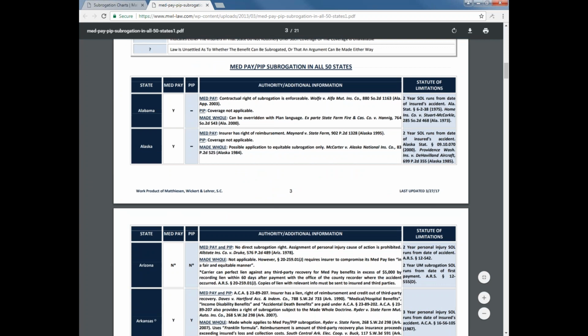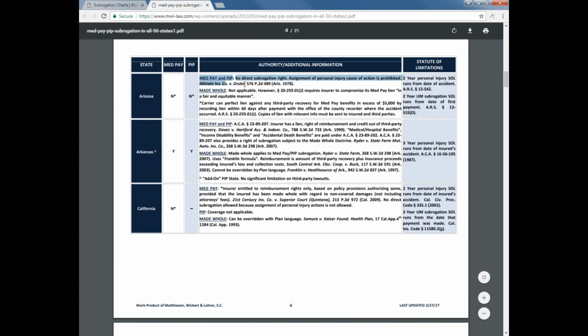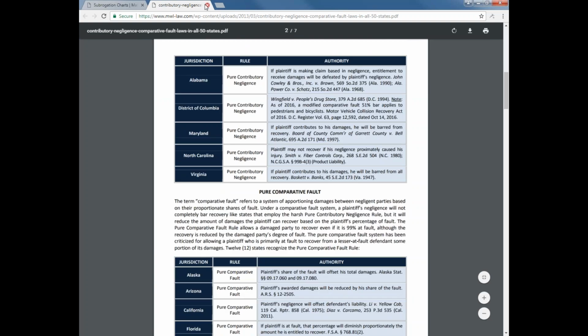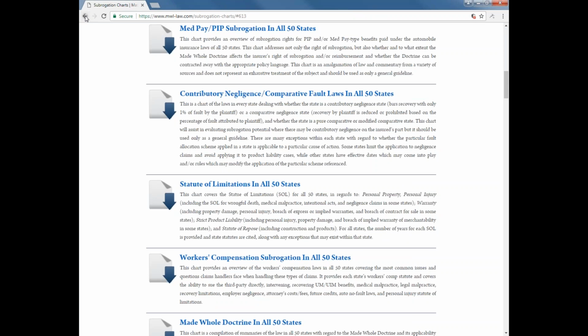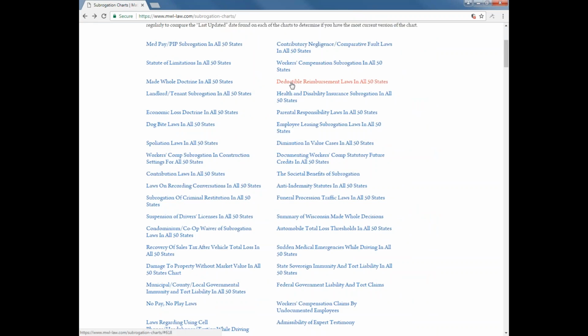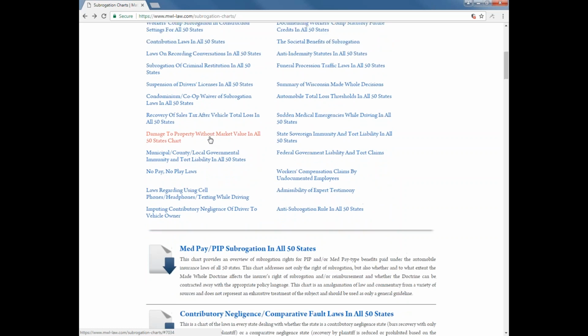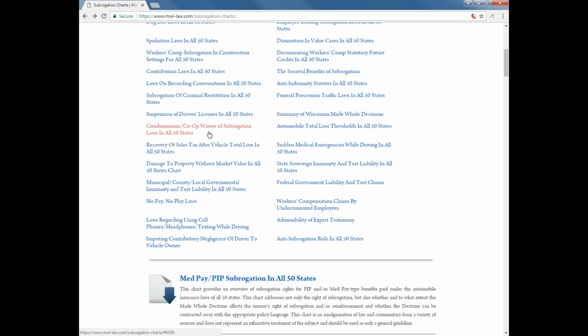It has a legend, and then it goes into each state, and as you can see, provides you with a summary of the law with regard to MedPay and PIP. Same is true for contributory negligence, comparative fault laws in each state. You can go in and find out what those laws are. And as you can see, this is an area that actually covers all kinds of different topics: damage to property without market value, recovery of sales tax, suspension of driver's license, subrogation of criminal restitution, imputing contributory negligence of a